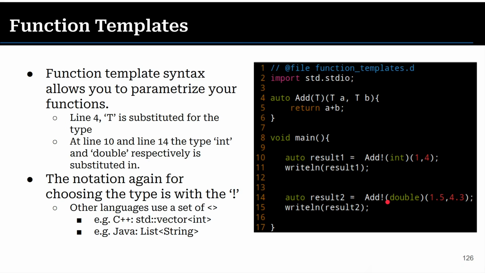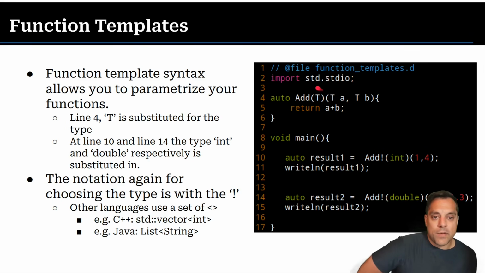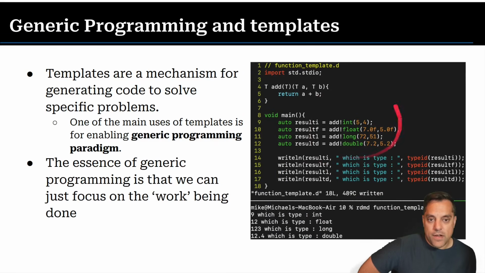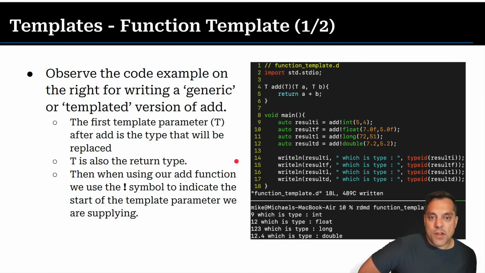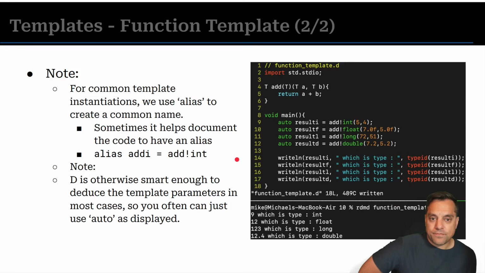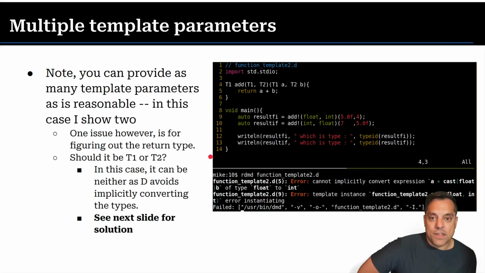This is how we enable generic programming in the D programming language. I like it. The parentheses are easy to parse out, and the exclamation is also easy to parse out. And you can optionally leave off the parentheses if there's only one argument. So you can see a few of these examples here. This gets into the generic programming stuff, which again, I think is really, really neat. And you can add aliases too if you really like that addI function here, and just the instantiation for the template, add exclamation int. So you get the idea here.